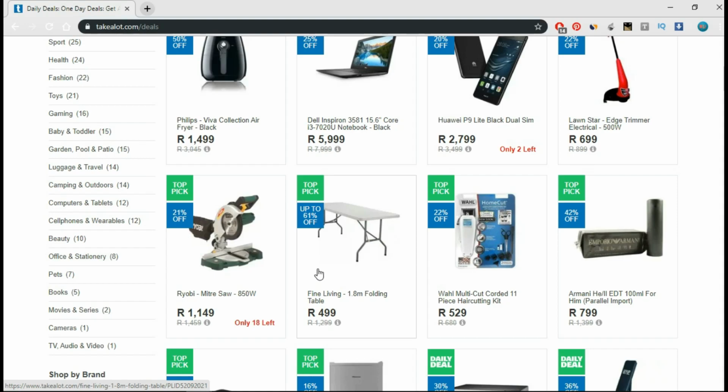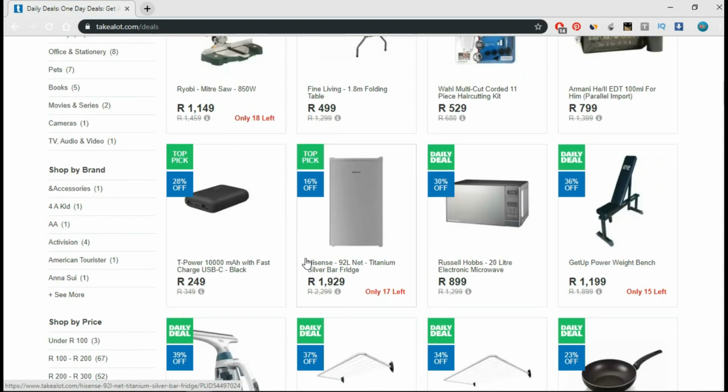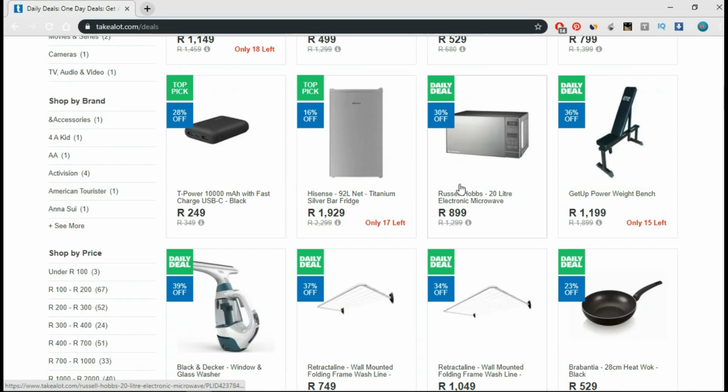I like saving stuff. Okay, look at this. You can buy the table. People who are interested in making functions and stuff can get that, but I'm interested in electronics and some of the appliances. As you can see, you can get this microwave for 900 instead of the in-store retail price of about 1,300, which is absolutely ridiculous. As you can see, over 16% off. All of these stuff